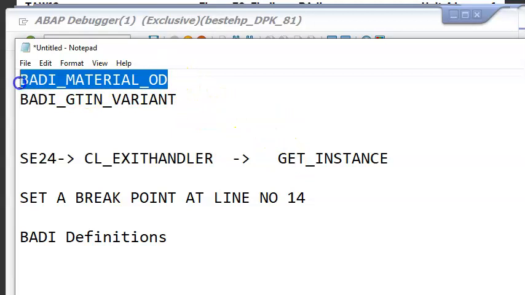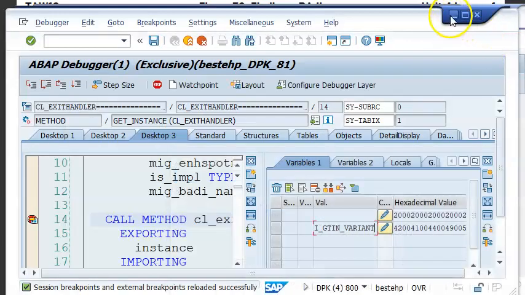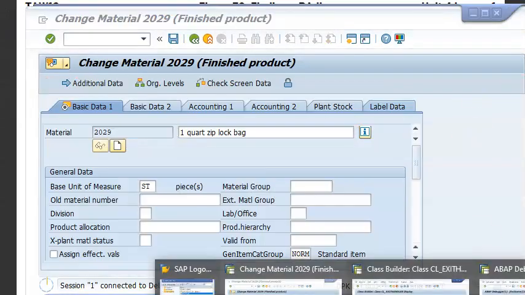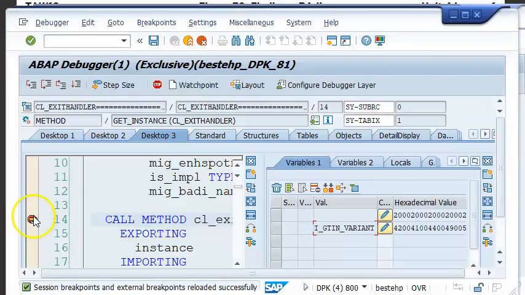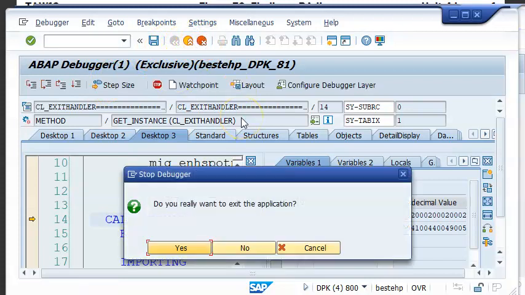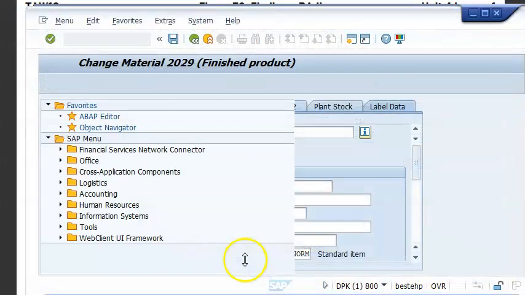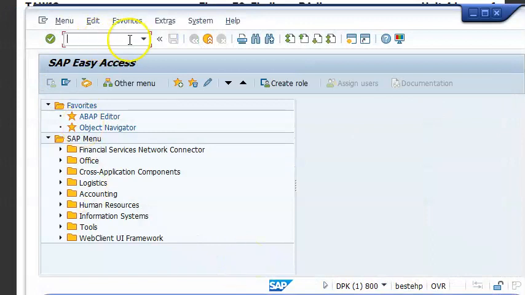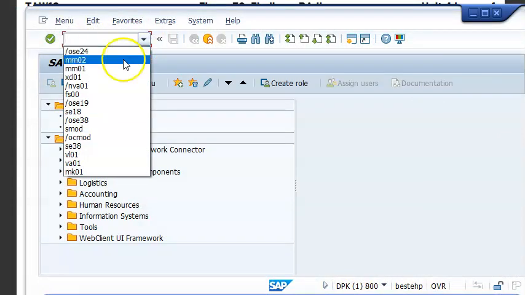Let's say we have this BAdI definition we have found. Assuming that this is the BAdI definition in which we have to write the logic, then we'll first go into the SE18 transaction. Before going to SE18 or any transaction, first remove this breakpoint. If you don't remove the breakpoint, whoever runs any transaction on this server, it goes and stops there. So you always have to make sure you remove the breakpoint.